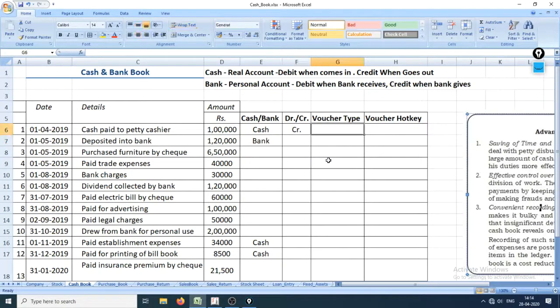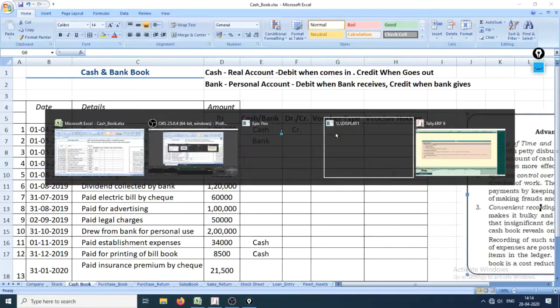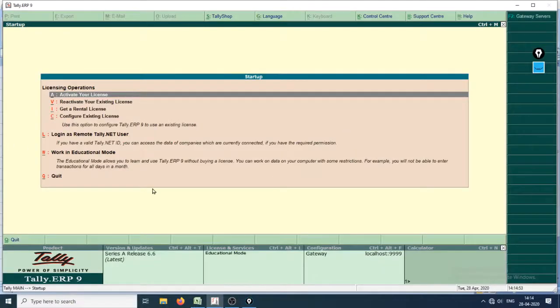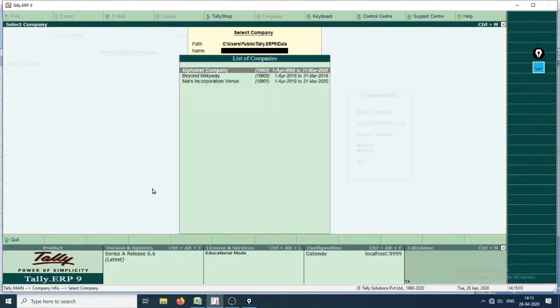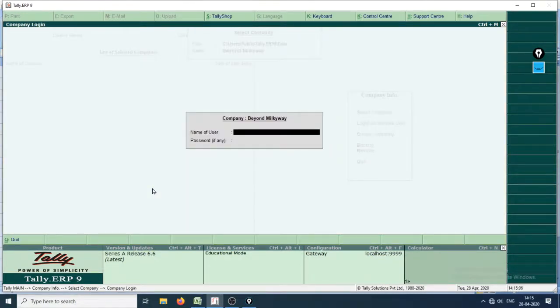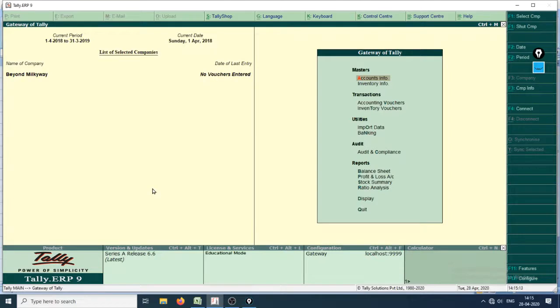Okay, enter, and this one will be voucher type. Voucher type you will learn from Tally. Okay, so let me show you once. This right here is a voucher type, and yeah, Alt W to open it. As you can now see that there is no Tally Vault password now. Select company. Okay, but there will be an individual company password, right? It was space space. It depends upon you what password and company name you put in.